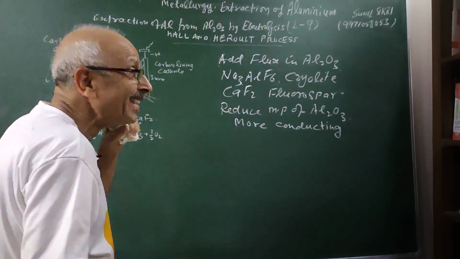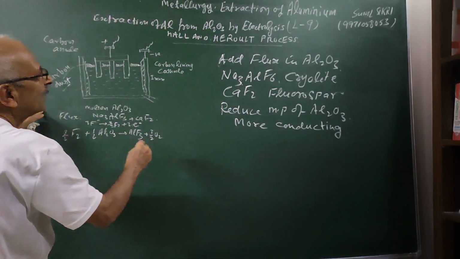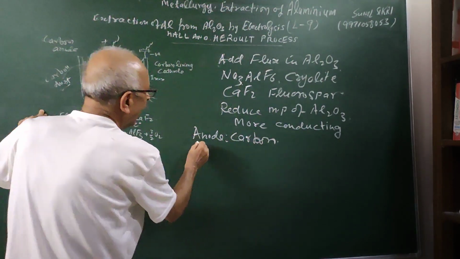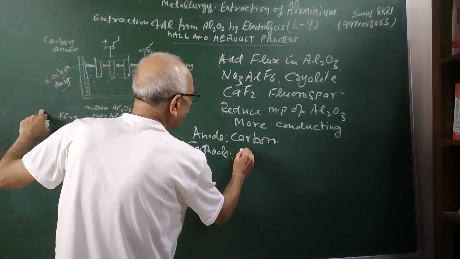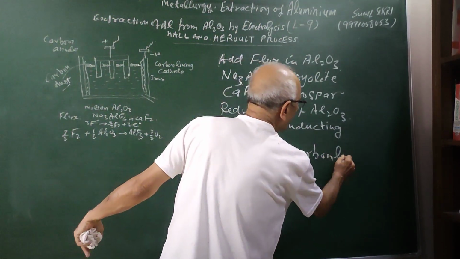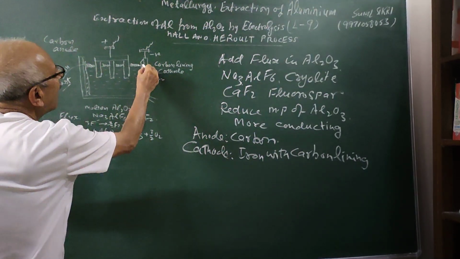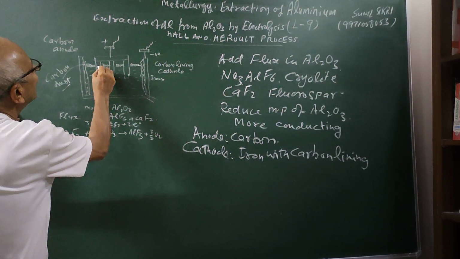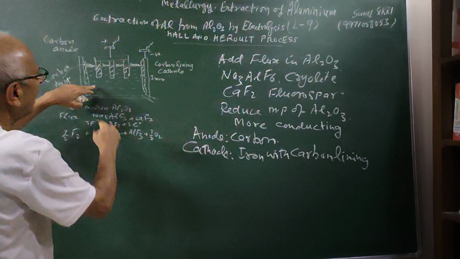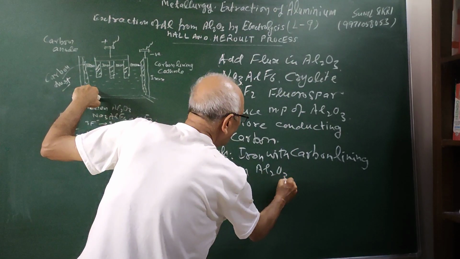Therefore, let us see. Here I have drawn a diagram of the electrochemical cell which we are using. See, here we have the anode, which is our carbon anode, students, and the cathode is made up of iron with carbon lining. So here you have the iron vessel, carbon lining. This is my carbon anode. This is my positive, this is my negative plate, and here I have the molten electrolyte, which is molten Al2O3 plus